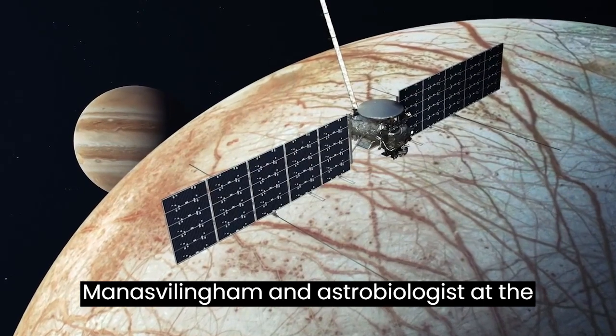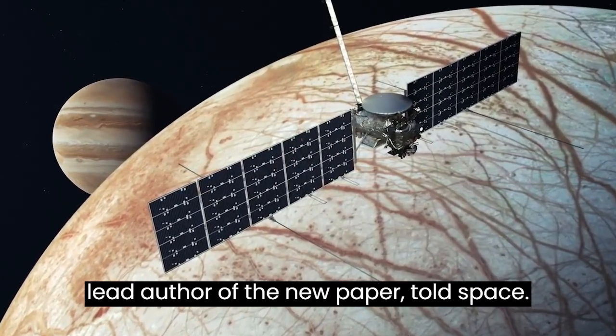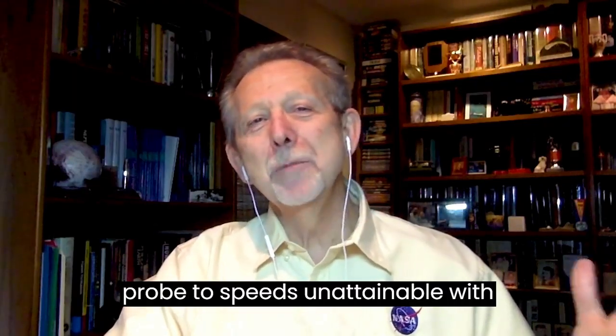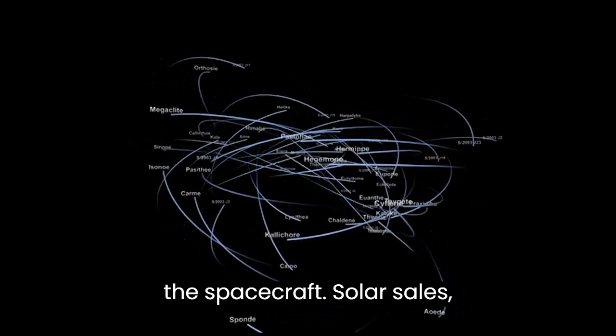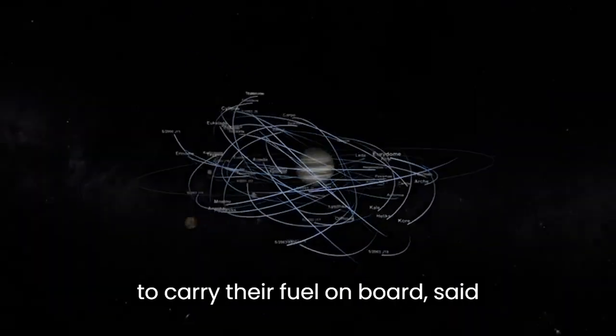Manas V. Lingam, an astrobiologist at the Florida Institute of Technology and the lead author of the new paper, told Space.com. The push given by light particles is slight but continuous, meaning they can eventually accelerate a solar sailing probe to speeds unattainable with conventional rockets, which are heavier thanks to the propellant they carry, a problem that increases with the size of the spacecraft. Solar sails, however, gain momentum from the sunlight they capture, so they don't have to carry their fuel on board,